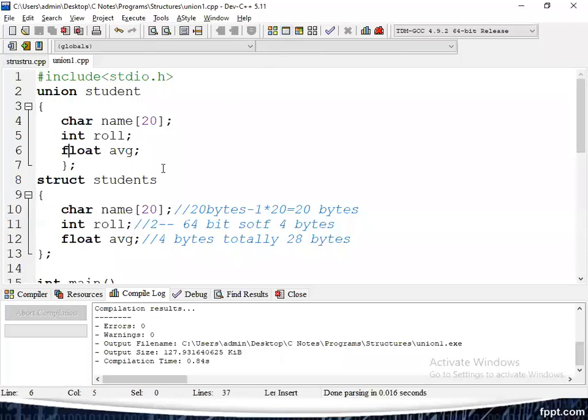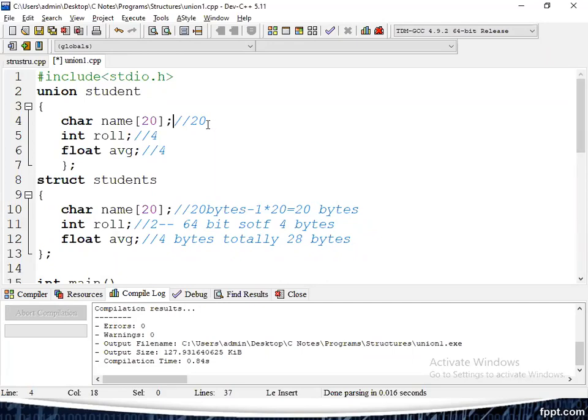Next, let us verify the size of the student union. The same thing happens: for storing name, it occupies 20 bytes, roll number 4 bytes, and average 4 bytes. But according to the previous discussion, a structure variable occupies 28 bytes; that is not possible in the union. In the union, it can choose only one of the maximum sizes.